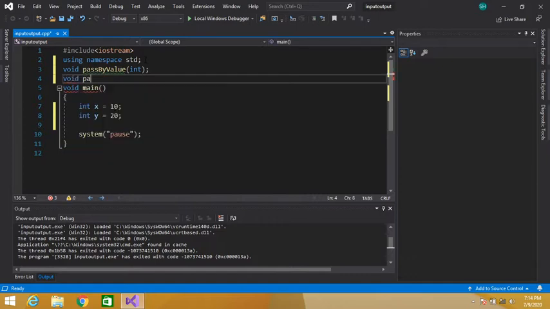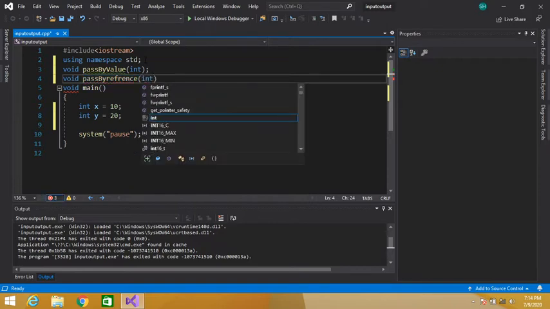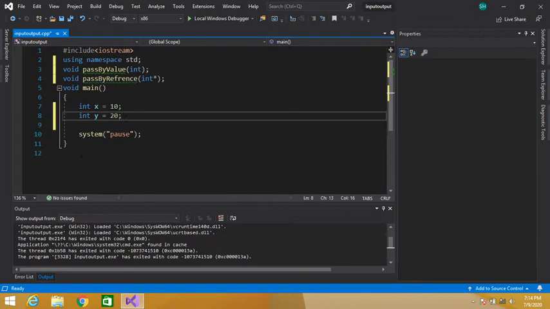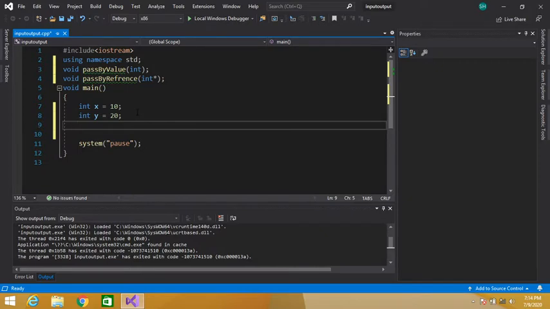Void pass by reference, with a pointer. Now I will call these functions down here.